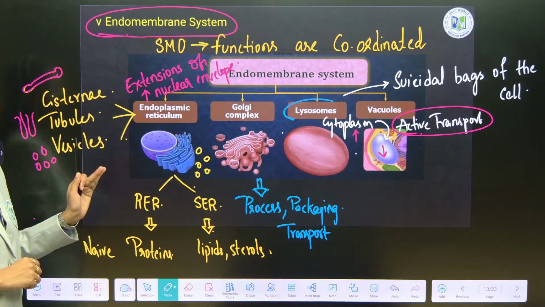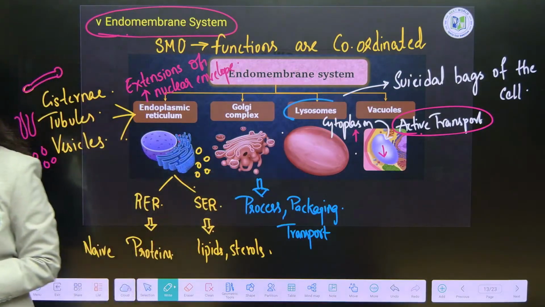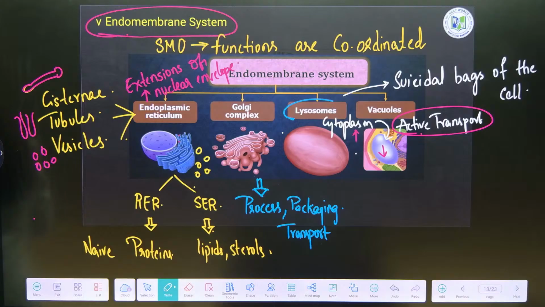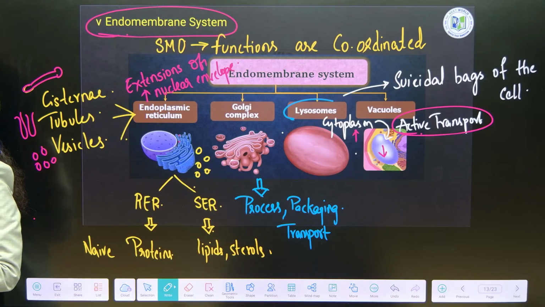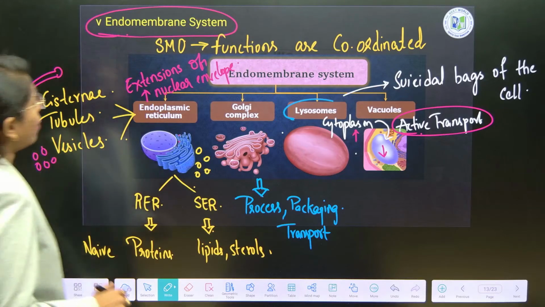Clear with the complete picture? Endoplasmic reticulum, Golgi bodies, lysosomes and vacuole. If you are brief and clear on this note, it is fine. If you are still having any doubt, you just ask me, I will clarify it. Now, we will move on to